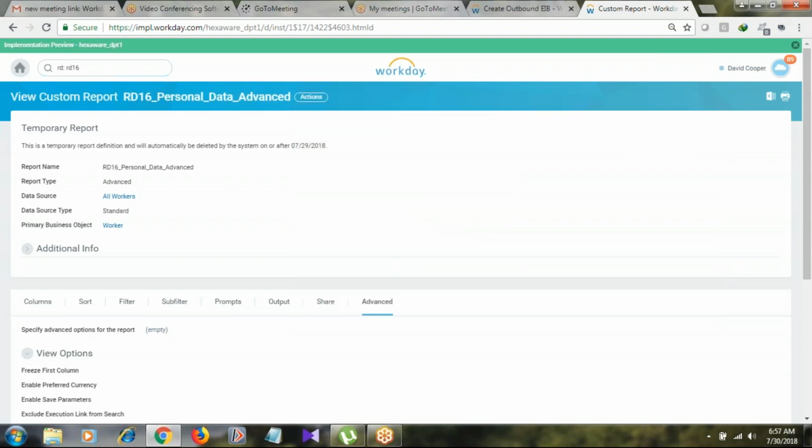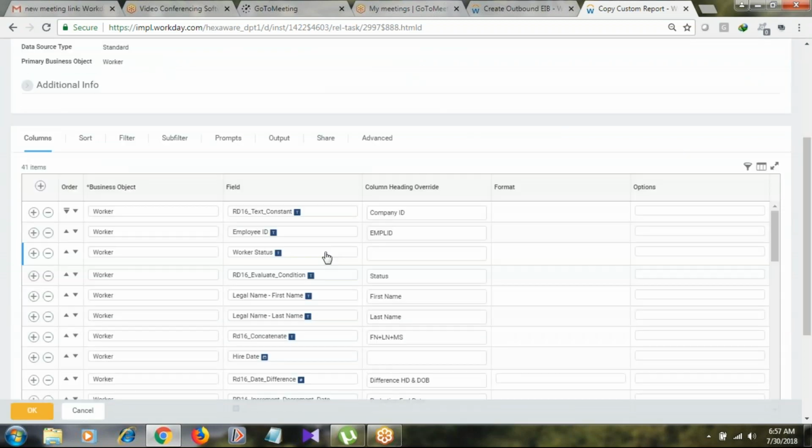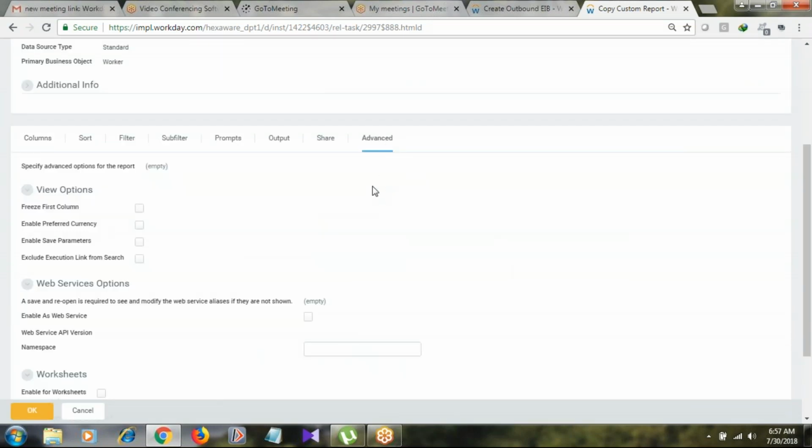I'm going to copy this. In the advanced report, I can let it be copied. I go to the advanced tab here.